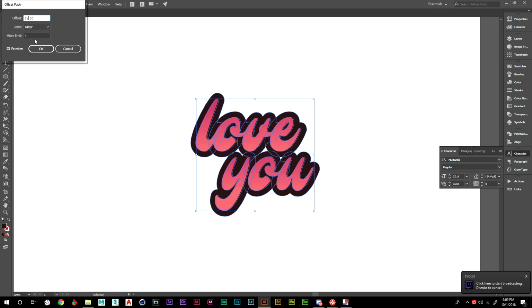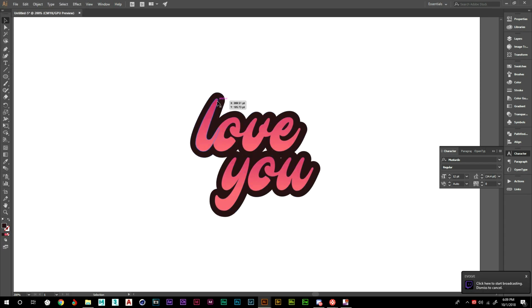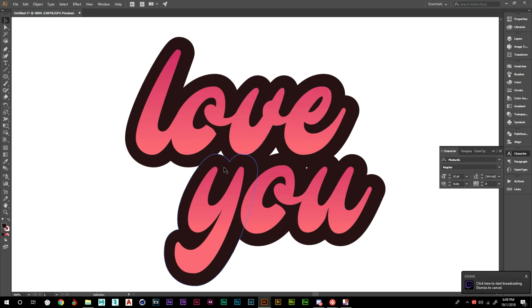So you just want to tweak these to your liking. Joints, miter, and miter limit, they are mandatory. I think 11 should do just fine. Should suit our needs perfectly. Right. Now this is pretty much like a shape of its own, and you might notice that we have